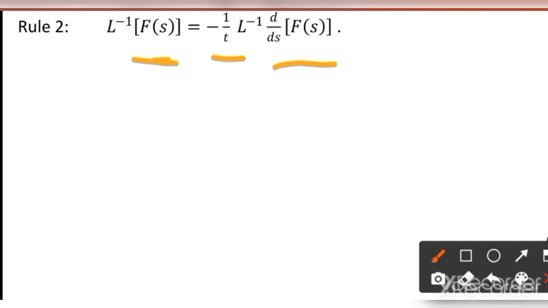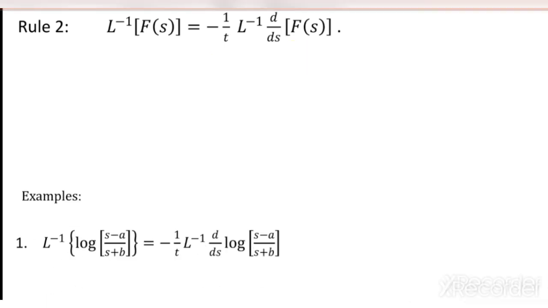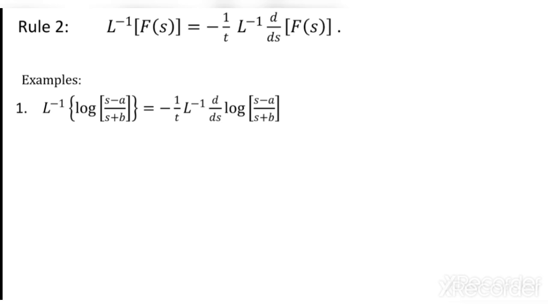So this is a second result or rule which we have adopted from the previous Laplace transform of t into f of t. The same, we have reversed the process. So it gives L inverse of f of s is equal to L inverse of f dash of s, just differentiate it and just multiply minus 1 over t. Remember this. So how, when we can use this? Whenever a function is of a type logarithmic or inverse trigonometric. So I can observe that it is a log of s minus a by s plus b. So whenever L inverse I require for this type of functions, so I can't do directly.